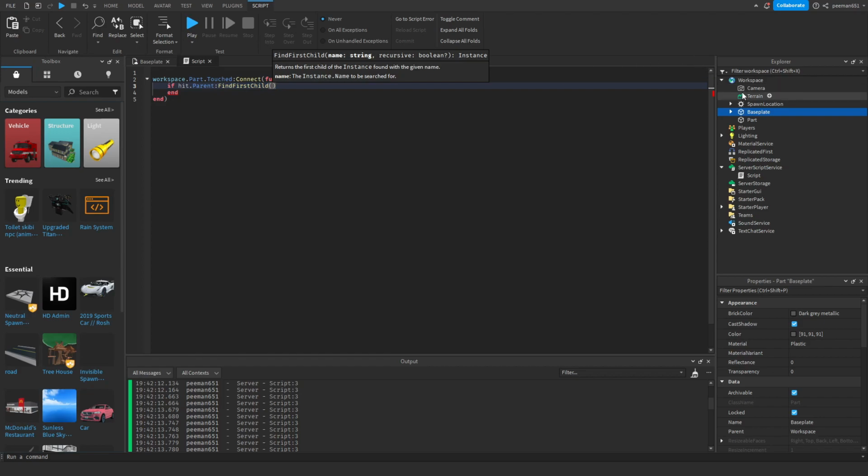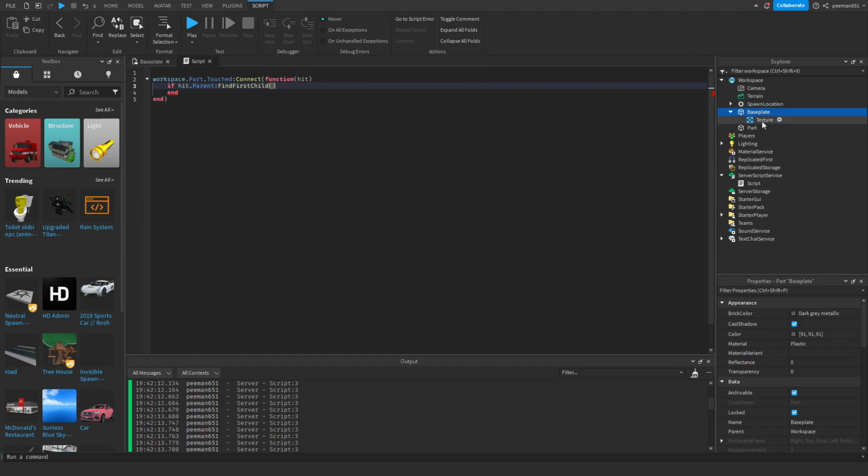I imagine you know what that means. It's gonna find the first child, and in here we're gonna put the name of whatever we want to find. So if we're gonna find the first child, we want to find the first child humanoid. So it's gonna find the humanoid, right? And if it finds the first child, and there's a humanoid in there and it finds it,